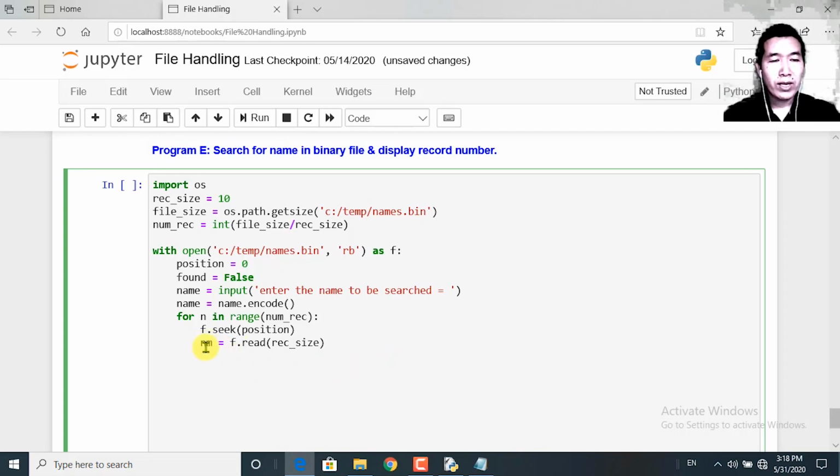Now this will have the value of the first name, which is stored in the file names.bin. Okay, so we'll try to run the check. If name in nm, if the condition is true, then I'll change the value of found to True. At the same time I would like to print a message saying name,